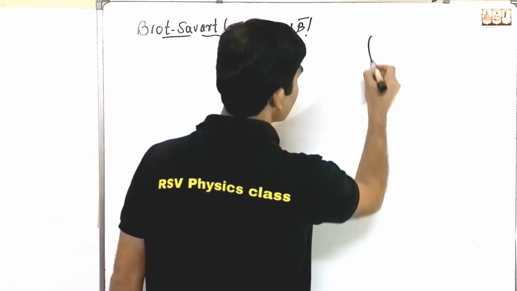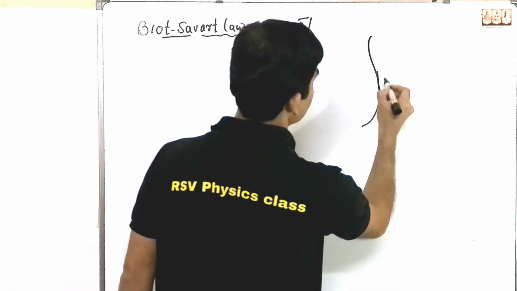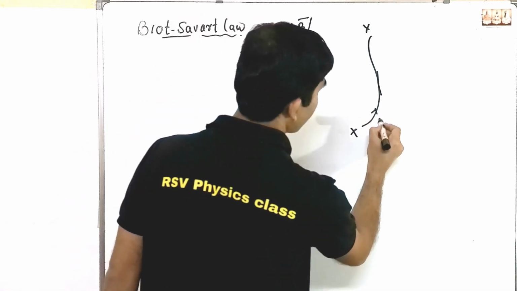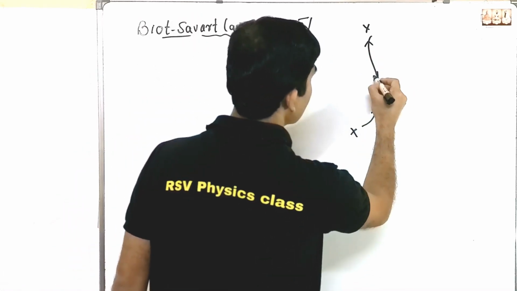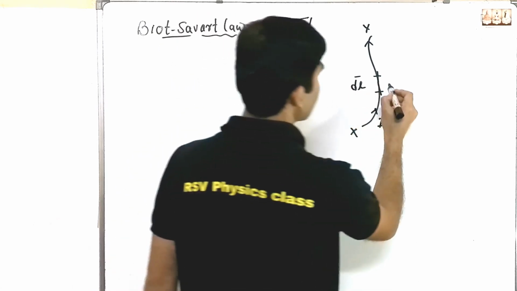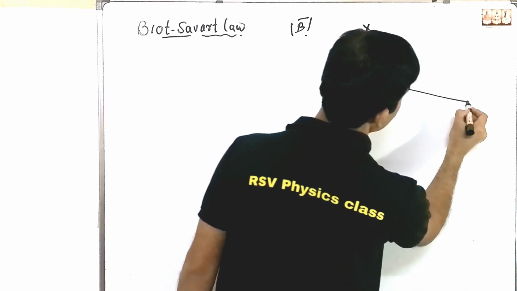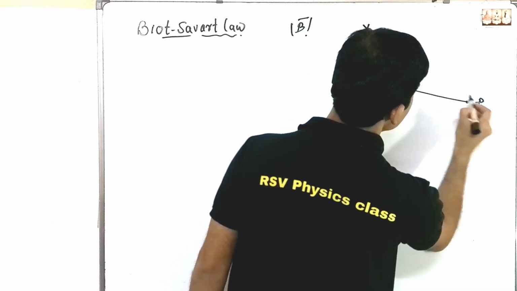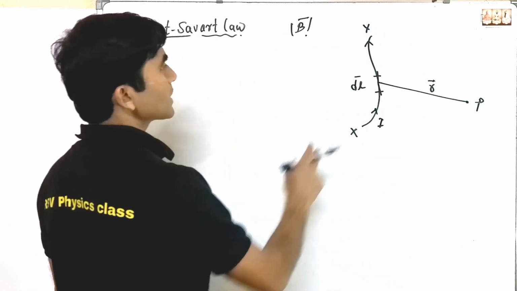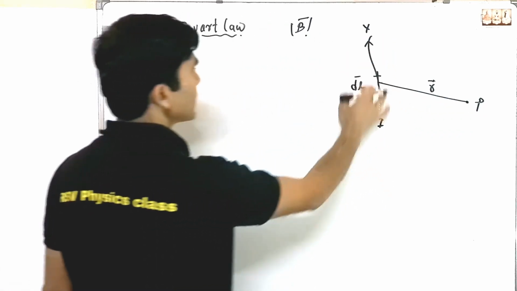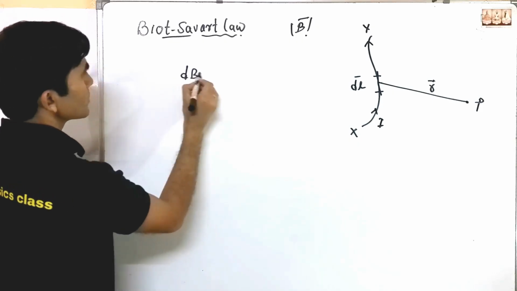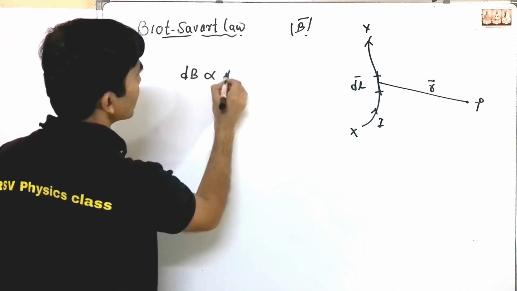What is the Biot-Savart law telling? If there is a current carrying conductor XY, carrying current I, there is a small element dl, and you are calculating the magnetic field at point P, which is at distance r. So this is r. The magnetic field at point P due to the current carrying conductor XY is small dB, proportional to the carrying current I,